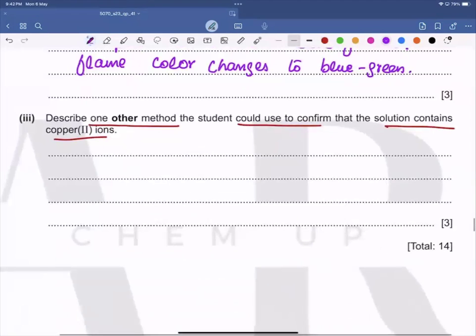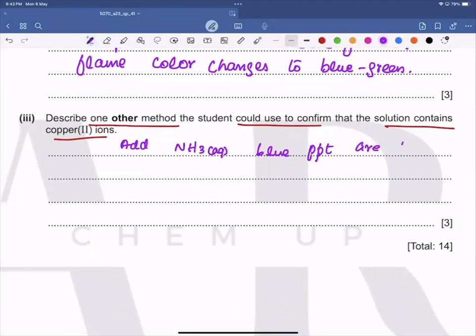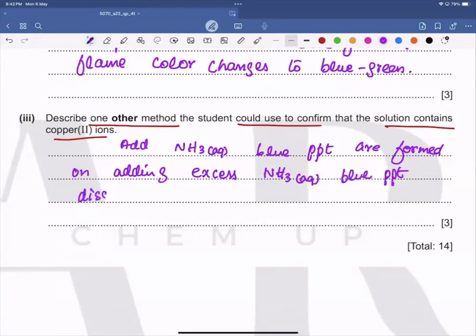So, add aqueous ammonia, blue precipitates are formed. On adding excess aqueous ammonia, blue PPT dissolves to form